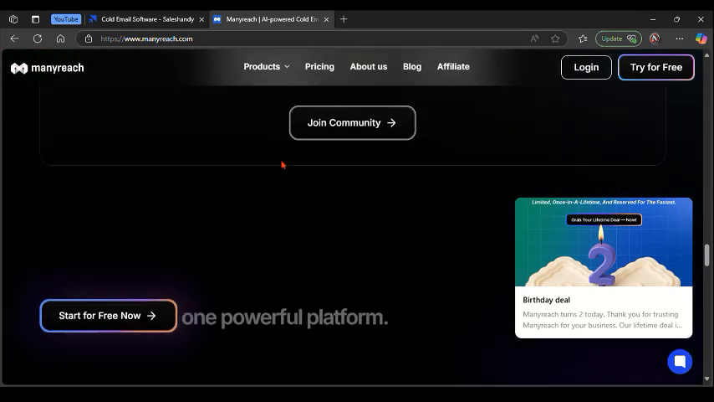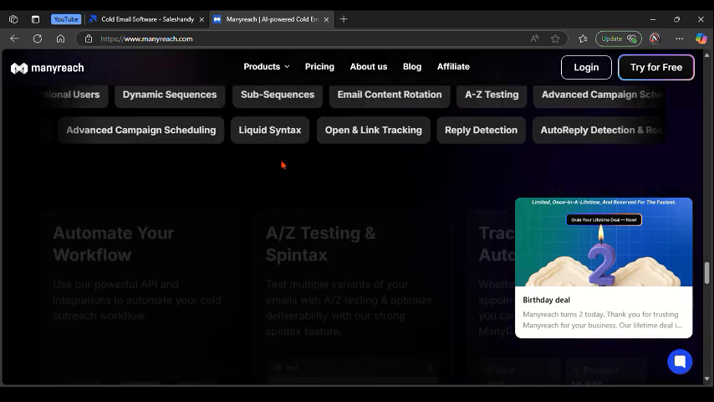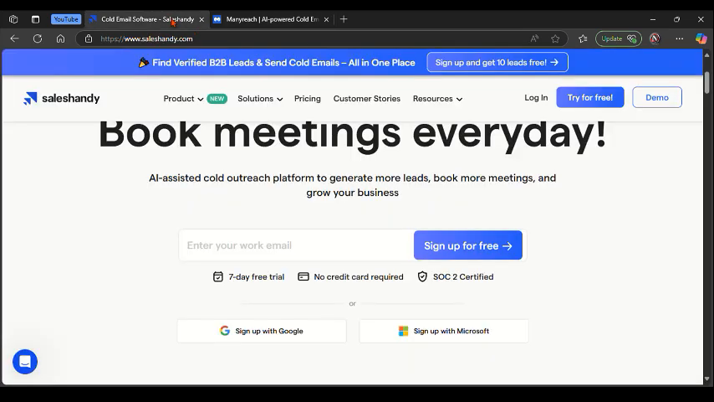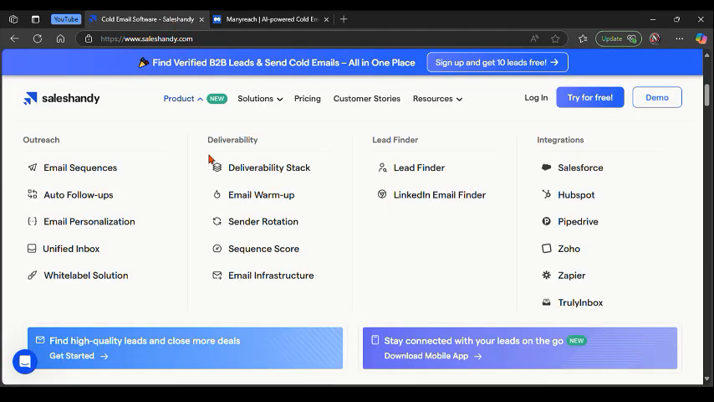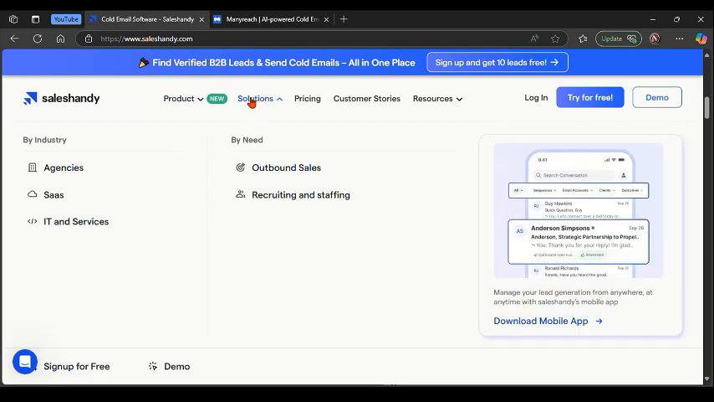And talking about Manyreach on the other side, it is a lightweight, user-friendly cold email tool that emphasizes simplicity and high deliverability. Its clean UI and straightforward workflow make it perfect for solopreneurs, freelancers, and small businesses looking for an easy